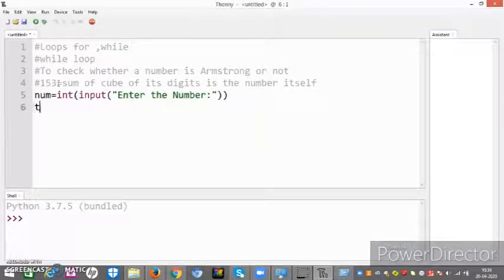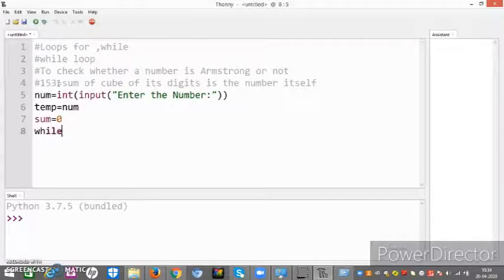Right? Now I should keep this number inside another variable. You might be wondering why I keep the value of num in a temporary variable, because we have to do operations like division and multiplication with it, and at the last we have to compare the value obtained with the original value. If we truncate our original value, it will not be good. Now I will take a variable in which the sum is to be stored, sum.